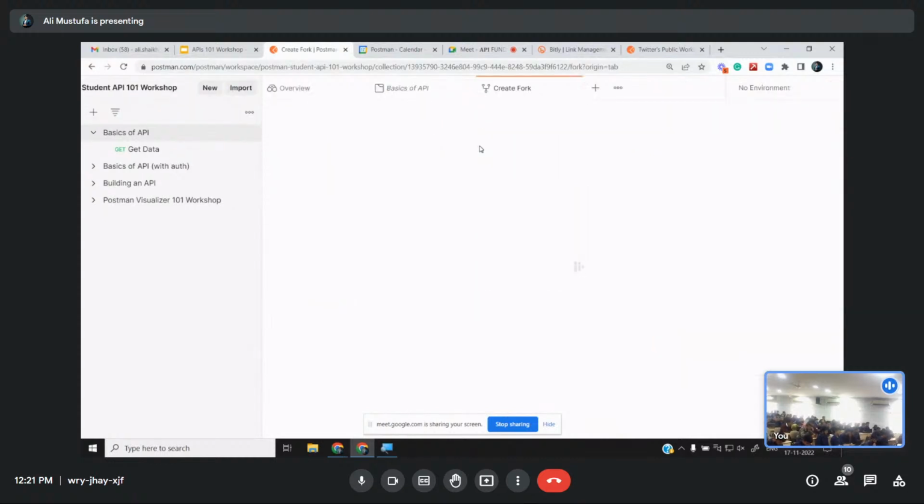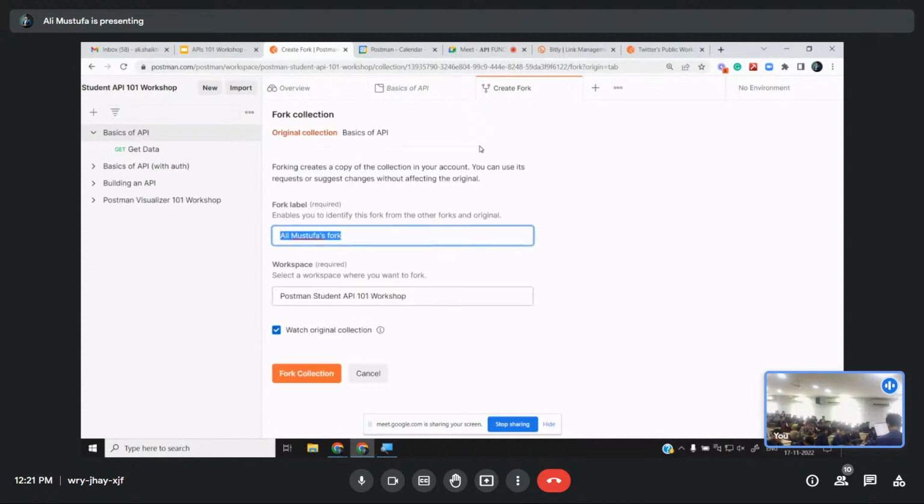What do you see? It will open a new window. It will ask you for a fork label. Yes? What is the label? Label can be anything. I usually name it the date, today's date. So on today's date,